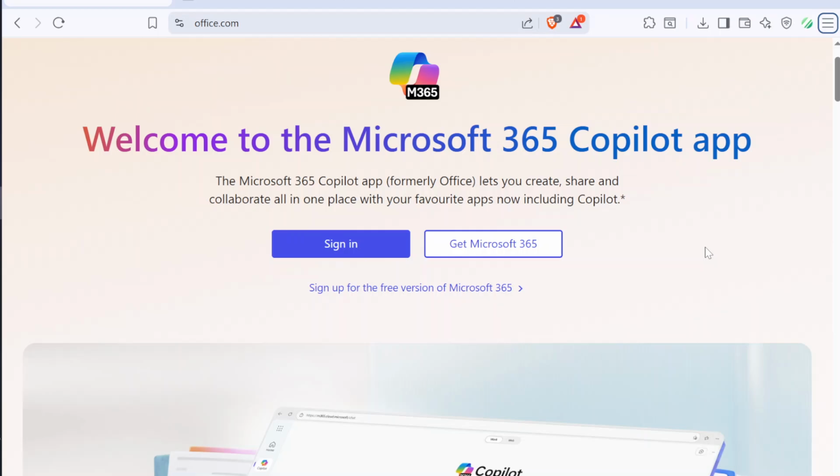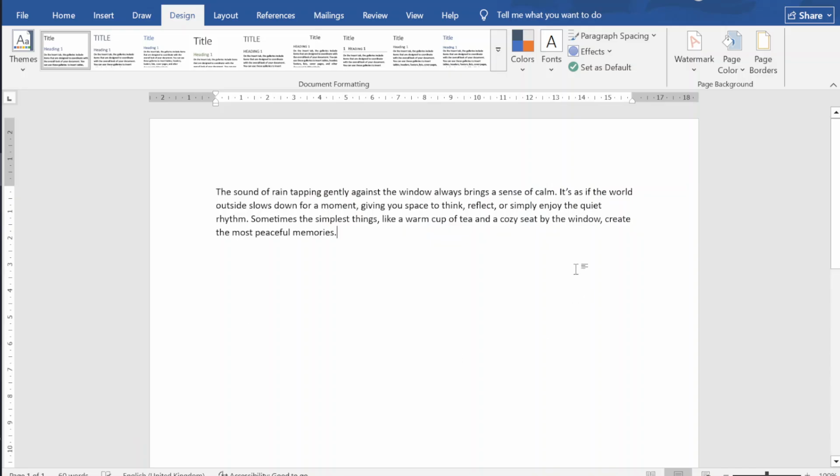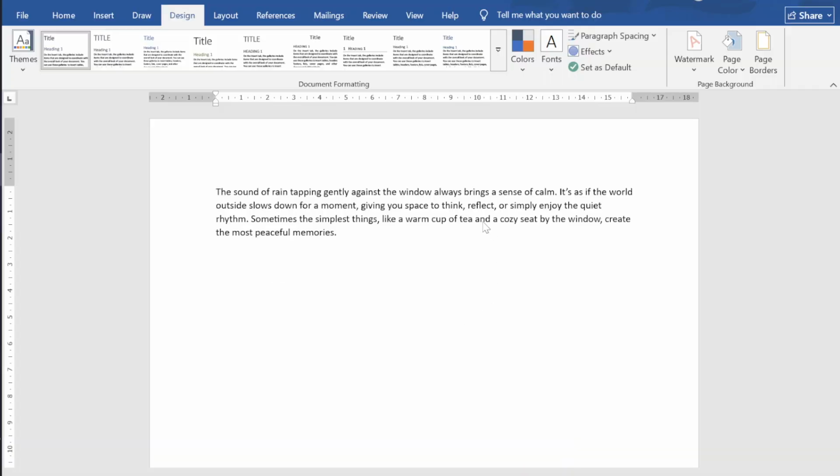Today I'll show you how to add a border to a page in Microsoft Word using the free online version of Microsoft 365. Start by opening your browser and going to Microsoft's free Office online page. Sign in with your Microsoft account, or create one if you don't already have it. Once signed in, open Word from the list of apps and either start a new document or open one saved